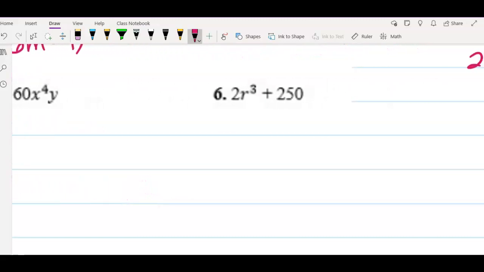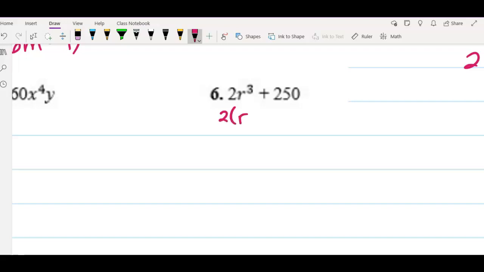Let's take a look at number 6. The greatest common factor is 2, which leaves behind r cubed plus 125. R cubed is a perfect cube. It's r cubed. And 125 is a perfect cube. It's 5 cubed. So the formula says, keep the sign